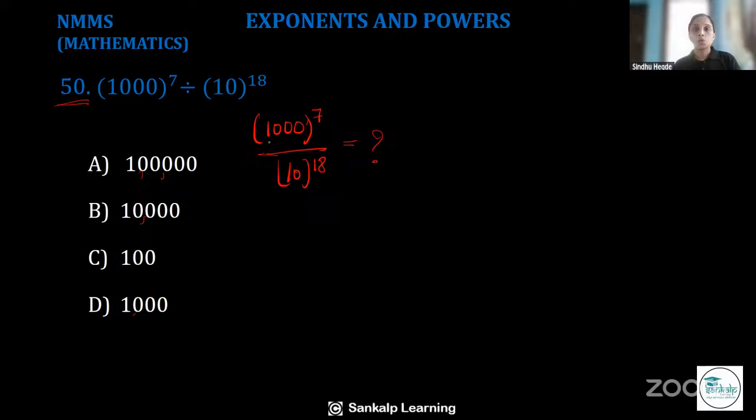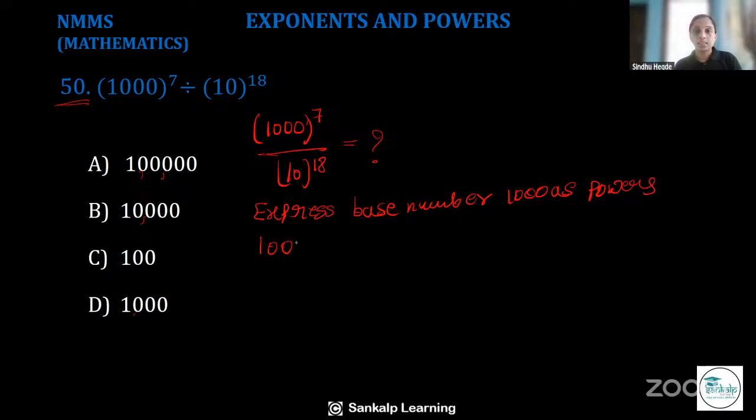So here 1000 is in the form of base, so express that number 1000 as power. Express base number 1000 as power. So here 1000 is nothing but 10 cube, because 10 into 10 into 10 is 1000. Therefore 1000 raised to